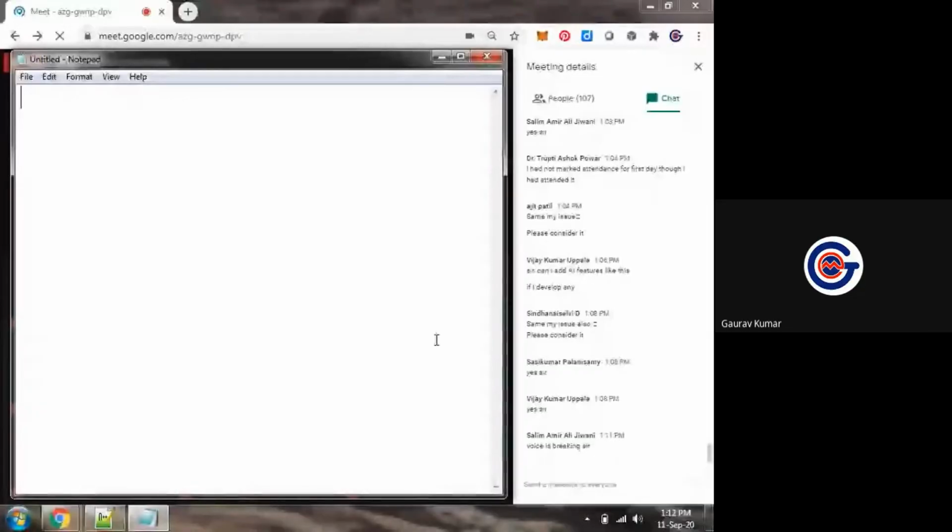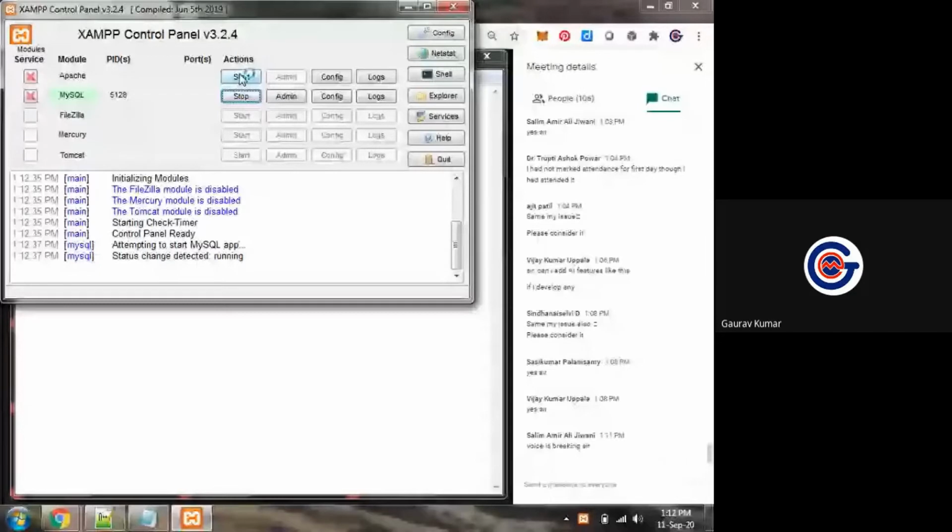If you have closed the control panel, this is your control panel of Moodle, so we have to start it. After starting, we have to configure, and once the work is done, it will be finished. Is this point clear to you?